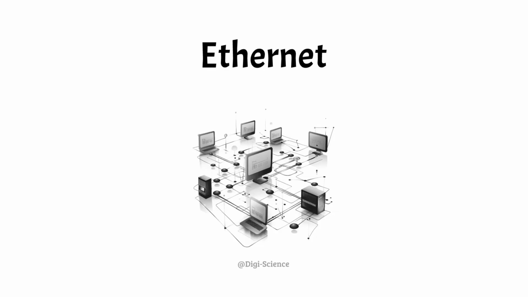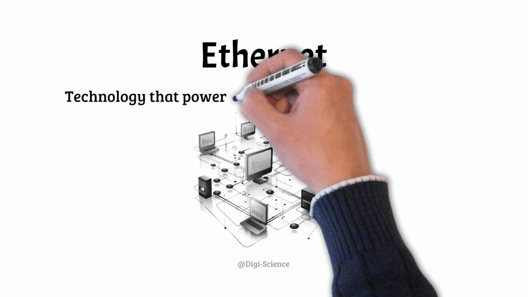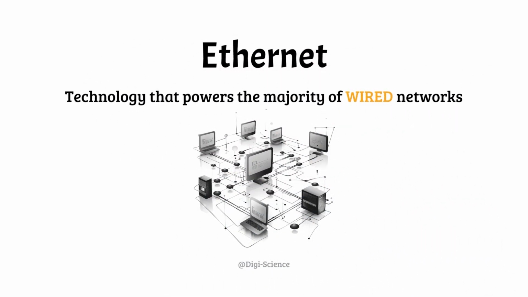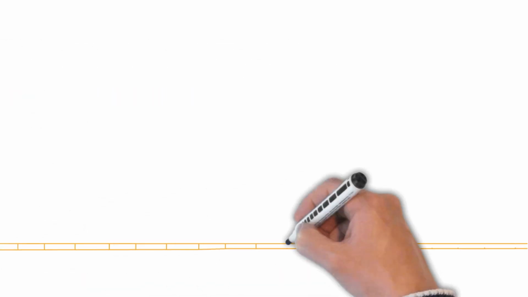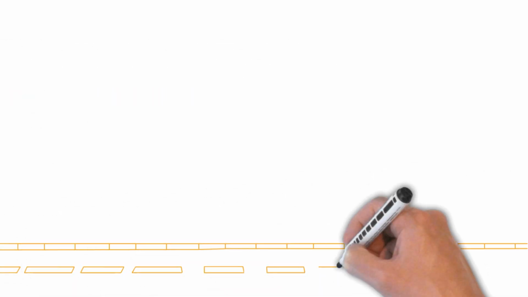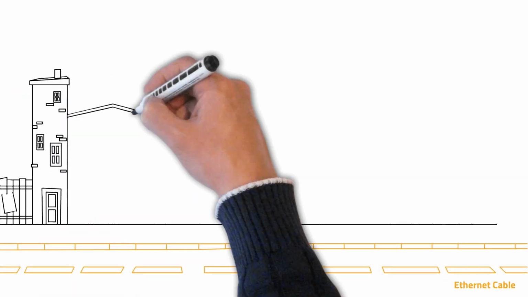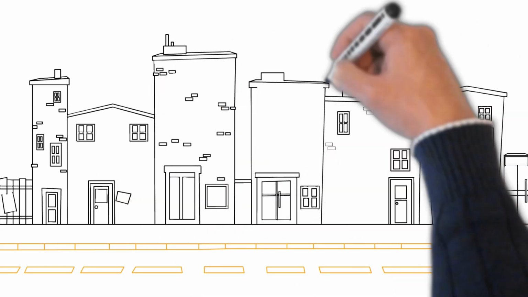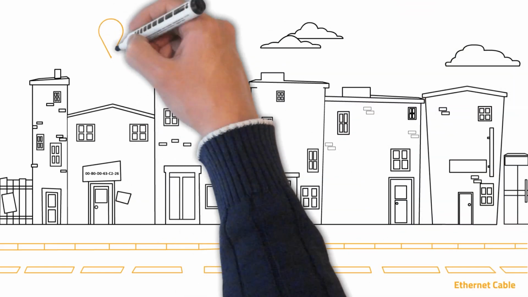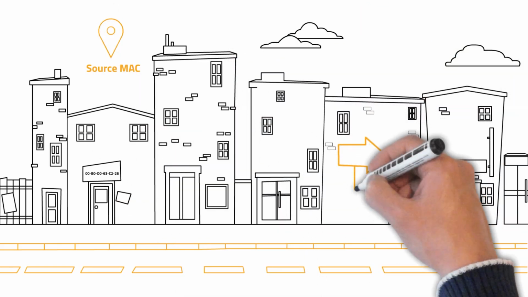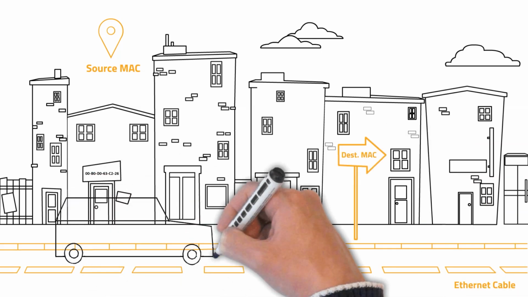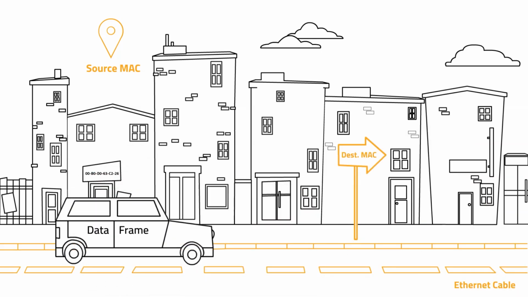Welcome to this tutorial on Ethernet, the technology that powers the majority of our wired networks. To give you an idea of how Ethernet works, imagine it as a network of well-maintained city streets connecting various neighborhoods, with each neighborhood representing a different device in the network. Just as cars travel smoothly along these streets to reach different neighborhoods, data frames move quickly and efficiently over Ethernet